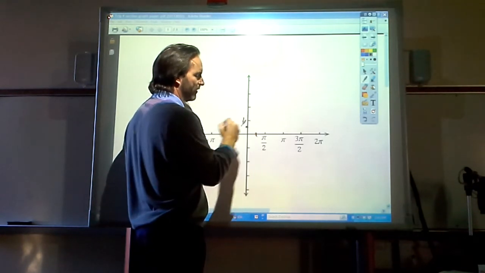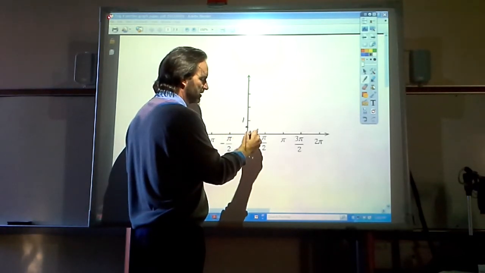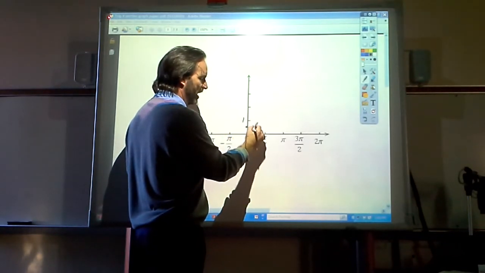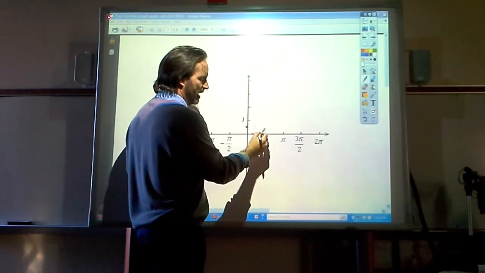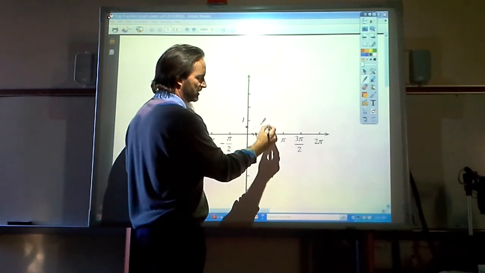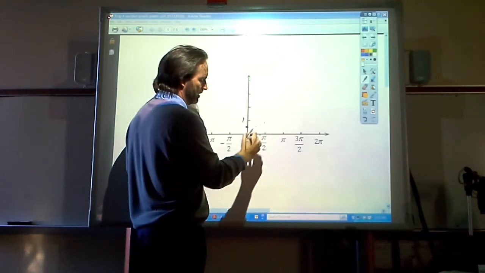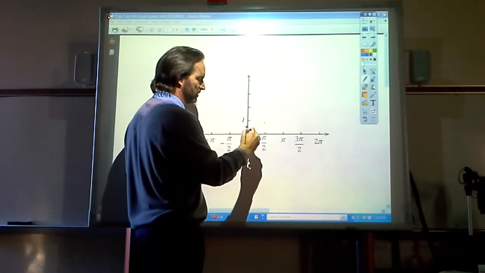So here's 0.5 right here. I don't know if you can see that. So at 30 degrees, it's about 0.5, and at 2 pi thirds, I'm 0.866, and then right here at pi halves, I'm 1. And what am I at 0? I'm at 0, so as we graph these values,